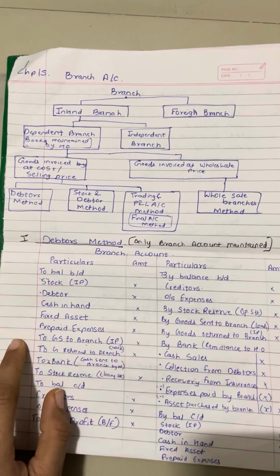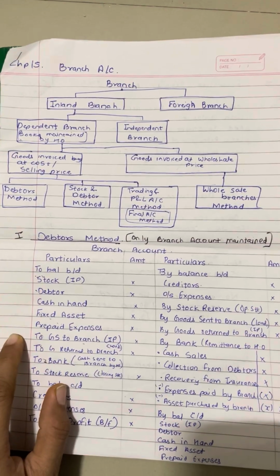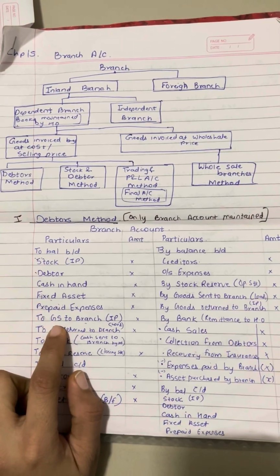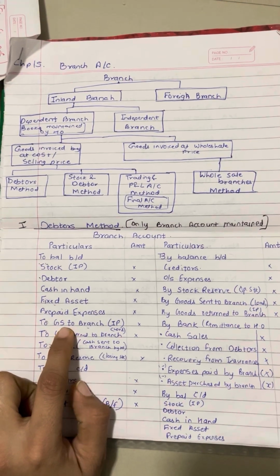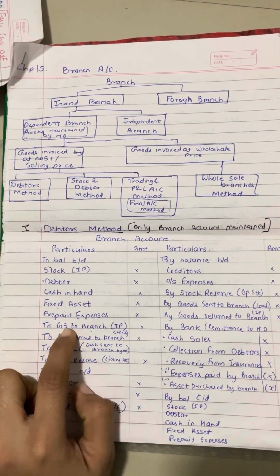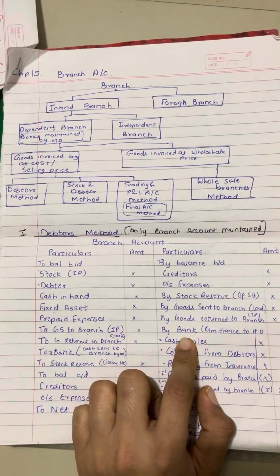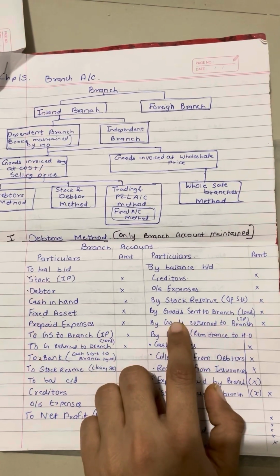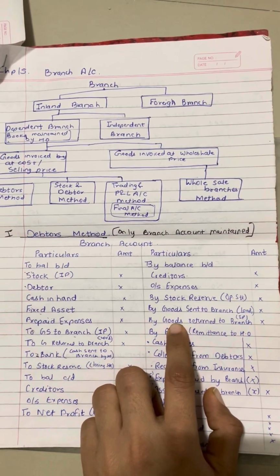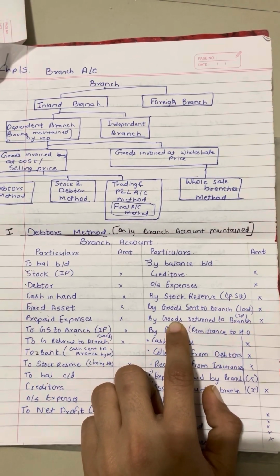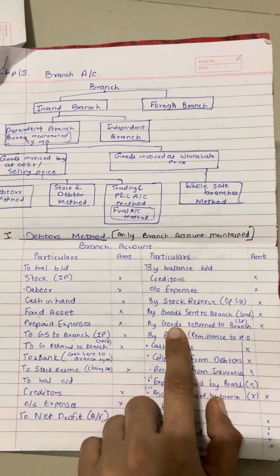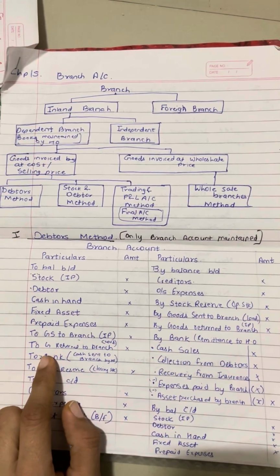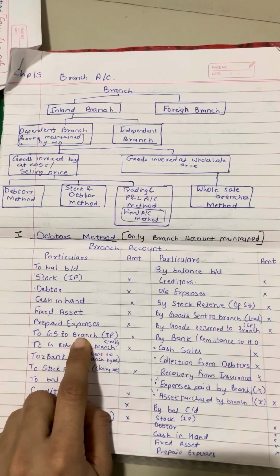Okay, then when goods are sent by head office to branch, it should be recorded at debit side. When goods are sent by head office to branch, entry is made over here. It should be maintained at invoice price, and loading of it shall be made on the credit side, that is by the name goods sent to branch account, loading. When goods are returned by the branch to the head office, again it should be maintained at invoice price, and loading of it shall be maintained on the debit side with the name goods returned by